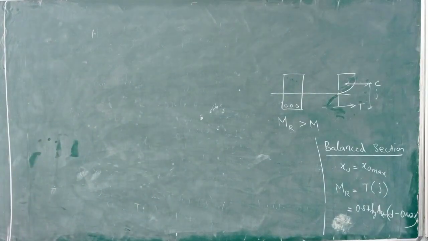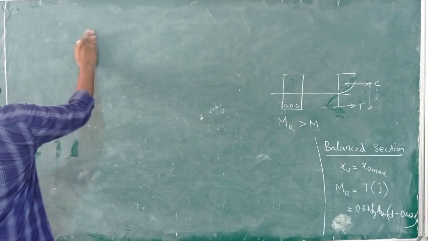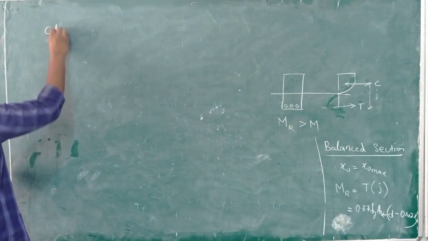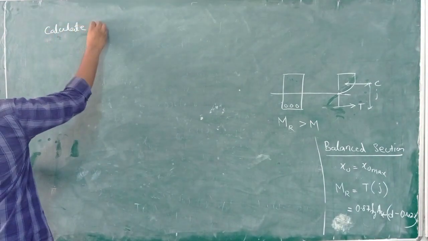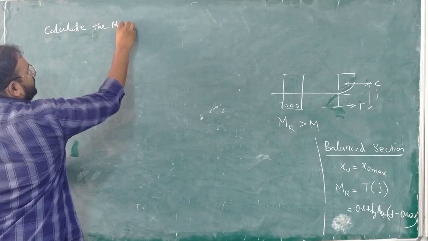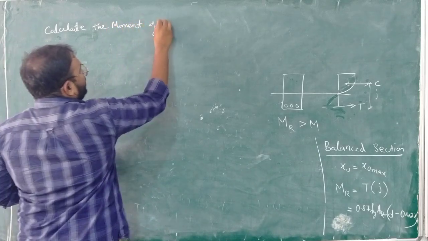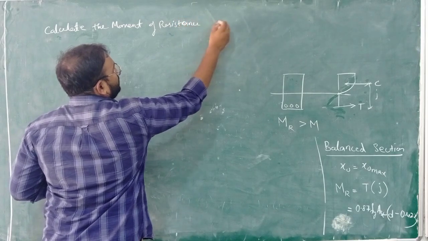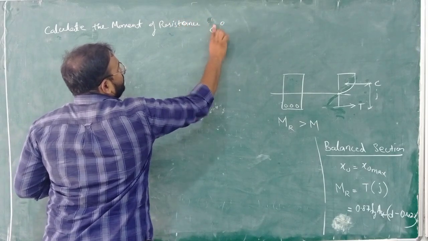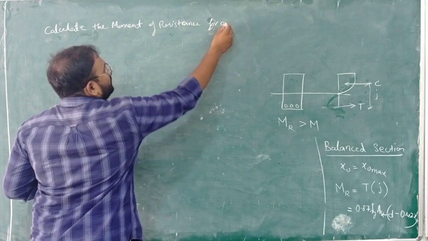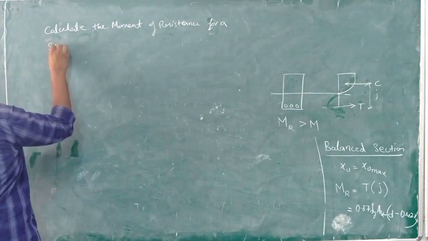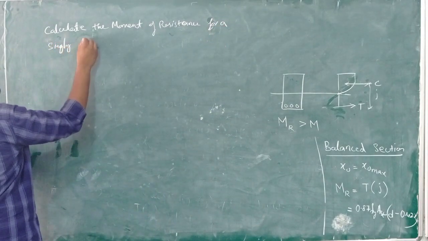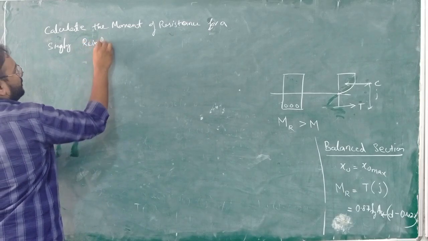So these are very important 2 marks, very easy problems for you. It involves only 4 steps: XU, XU max, comparison, formula, simple. Generally this type of problem is asked in the examination, but what is more important here is doubly reinforced. Why? Because you have further compression reinforcement in doubly reinforced beam, so this formula will have some extensions. That involves more lengthy calculations.